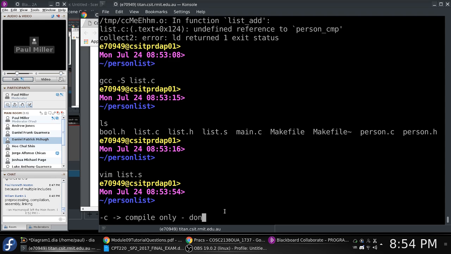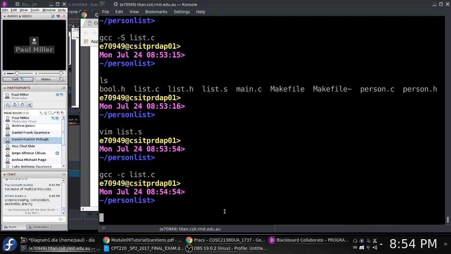So don't link. Right? So the linking phase, so if I do something like GCC minus C list.c,